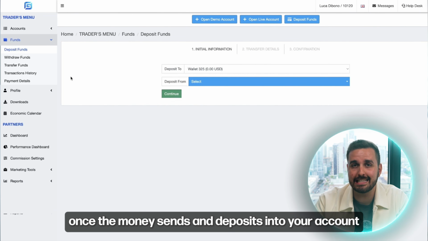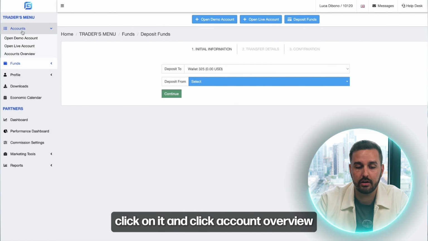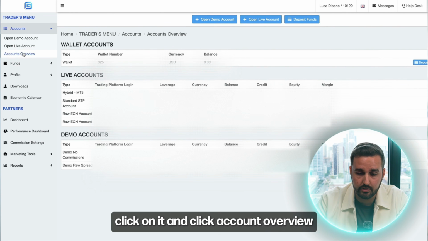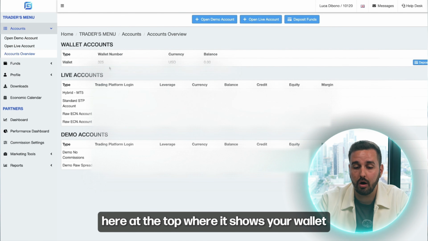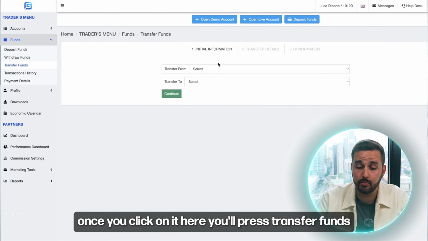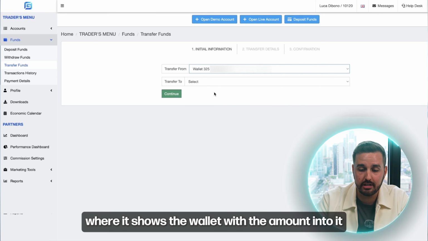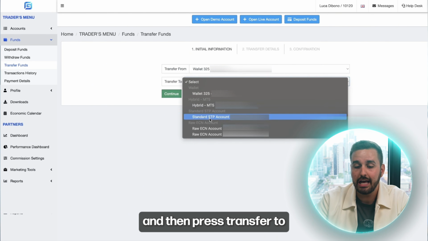Once the money sends and deposits into your account, here on the left you'll see where it says accounts. Click on it and click accounts overview. Here at the top where it shows your wallet will show you the balance that you sent to your broker. Once you click on it here, you'll press transfer funds. Click right here where it shows the wallet with the amount into it, and then press transfer to